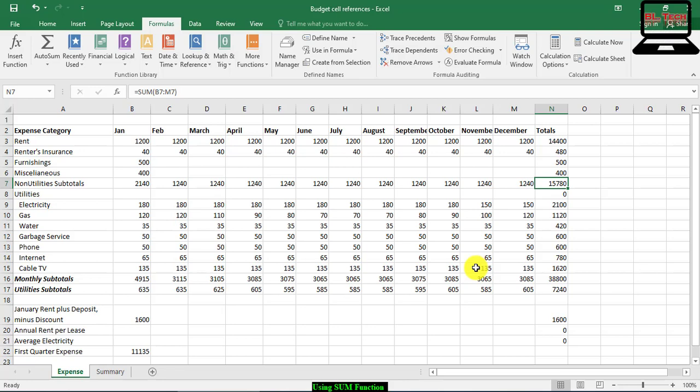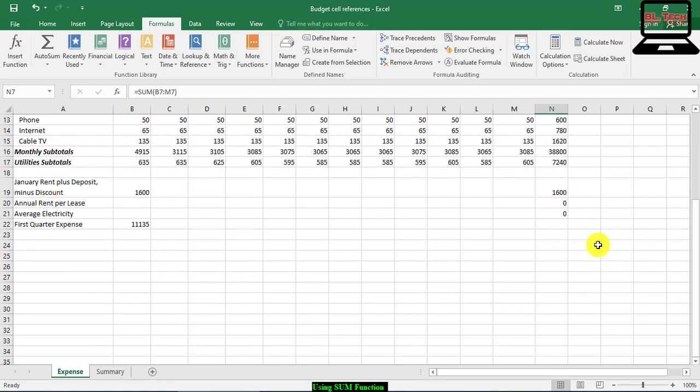The alternative to the sum function is to create an additional formula using cell references for every cell value to be added, such as the following.